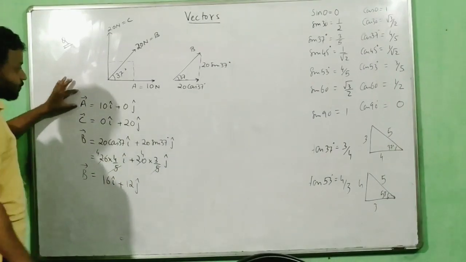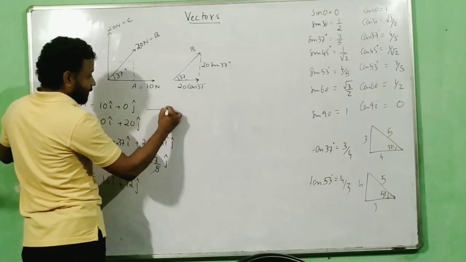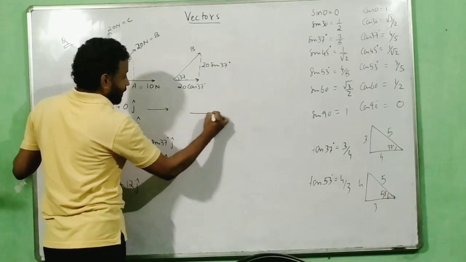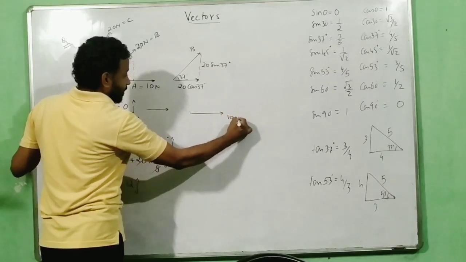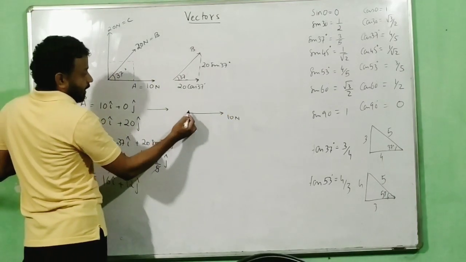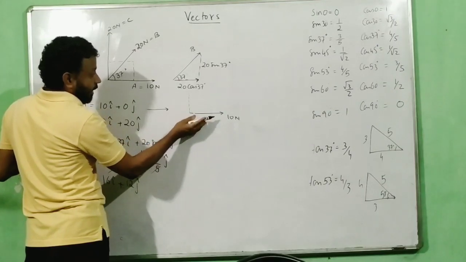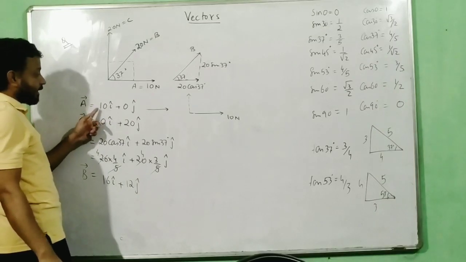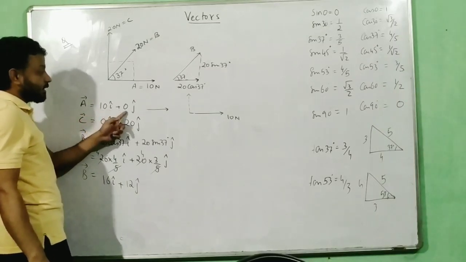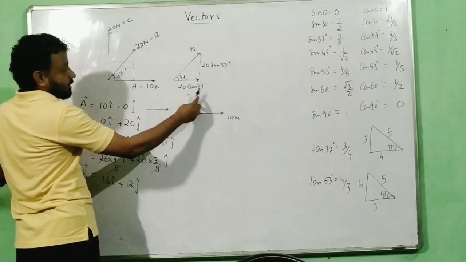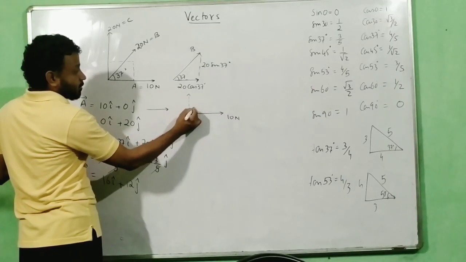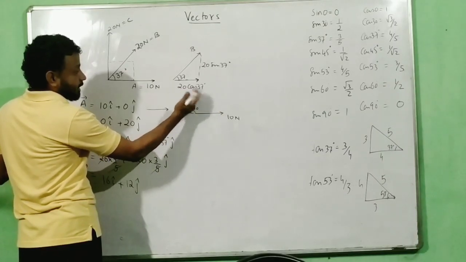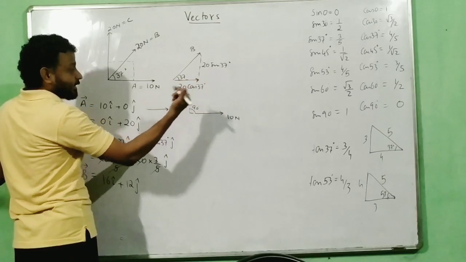I hope there is no doubt over here. See, I'll just explain this one. Automatically you will understand the y component. My x component vector is in this direction, correct? And it is given as 10 Newton. If I have to find anything along its perpendicular direction: vector A has 10 along x direction and nothing along j direction. Why does this have nothing along j direction? Because this angle is how much? This angle is 90 degrees. So the component along this direction will be 10 cos 90, and 10 cos 90 is 0.